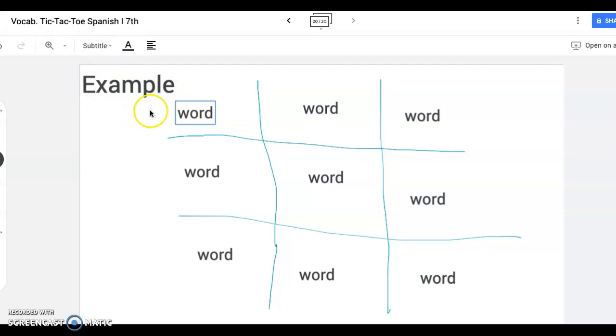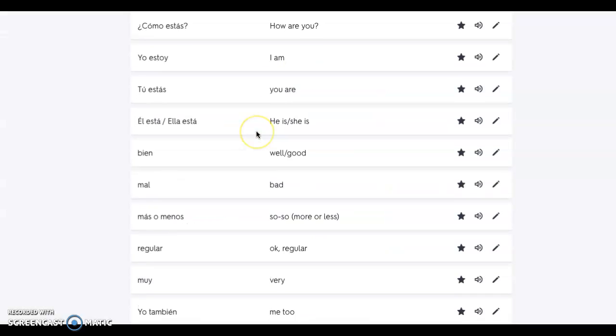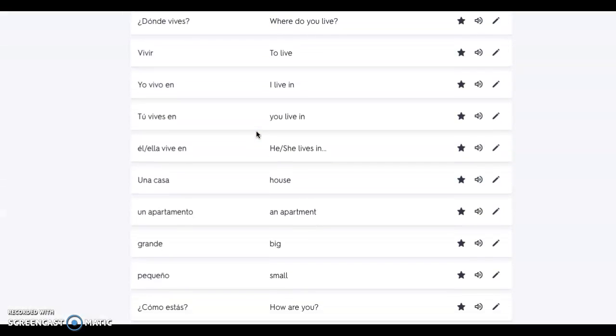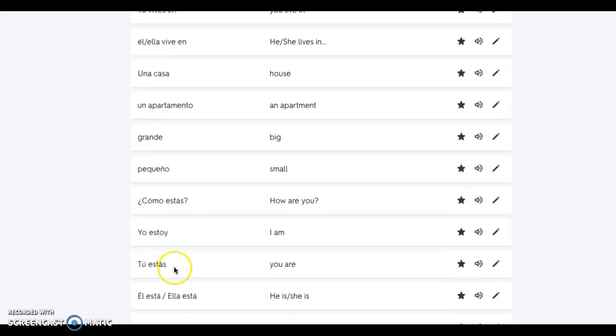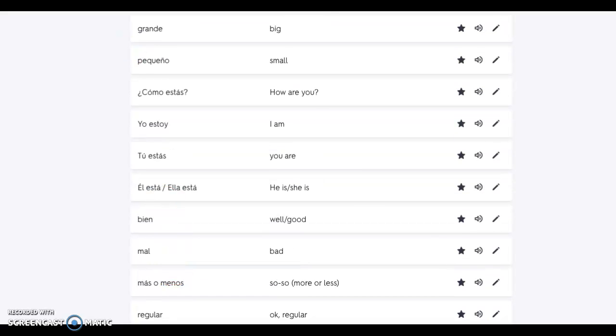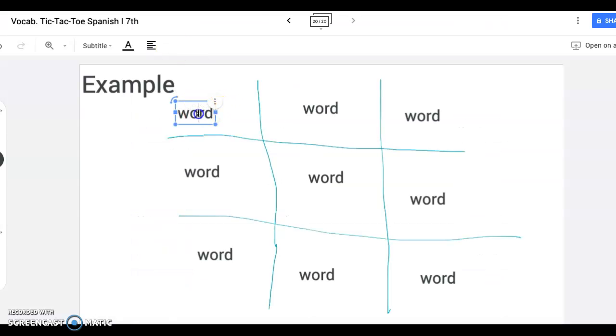So this is how you play your vocabulary tic-tac-toe. You're going to put your name right here, and then you're going to choose 9 words from your vocabulary list right here. You will type the words in Spanish. So let's say I say